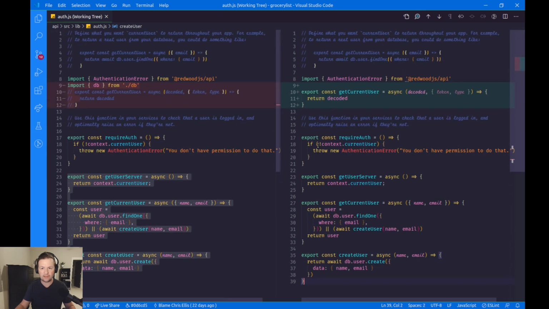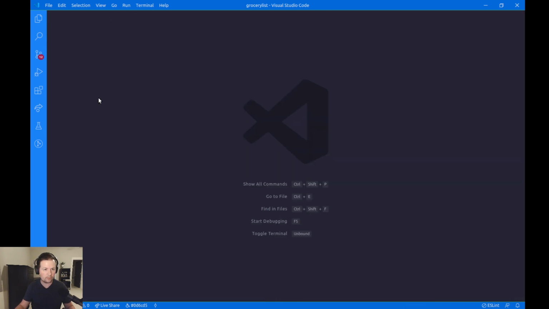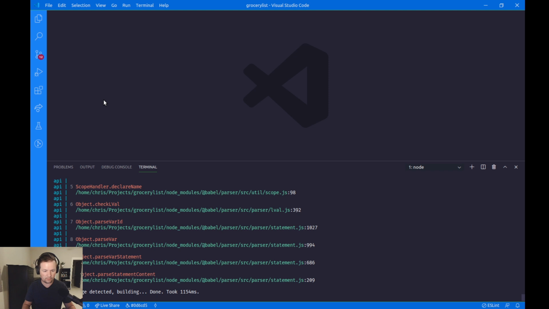So now that's not a change from that file. The only difference is, you know what, we don't want that get current user either. We want the current user that I've already defined. So let's